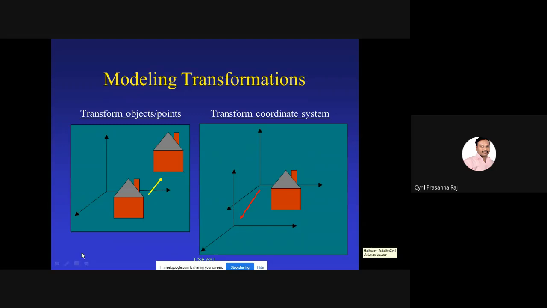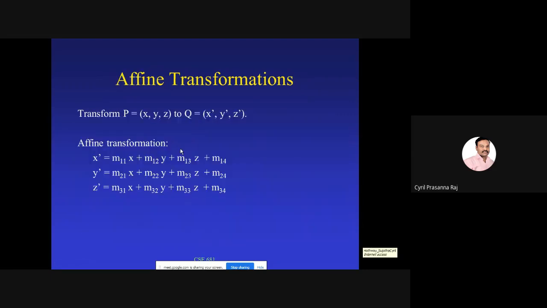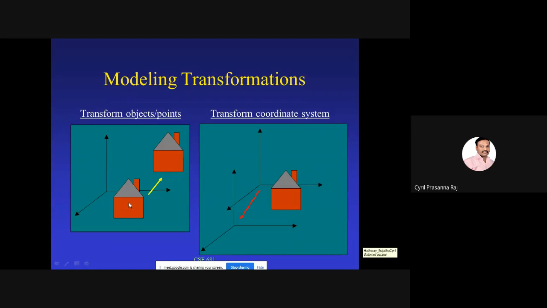If you see this picture here on the left-hand side, both of them are actually the same. But you can now transform this image from one coordinate system to the next. The next coordinate system could be scaled or translated and so on. Now there is a concept called affine transformation. Let us take, for example, a pixel available in this image. That pixel is denoted by x comma y comma z, because along the x-axis, y-axis and z-axis you come across a pixel called x, y, z.